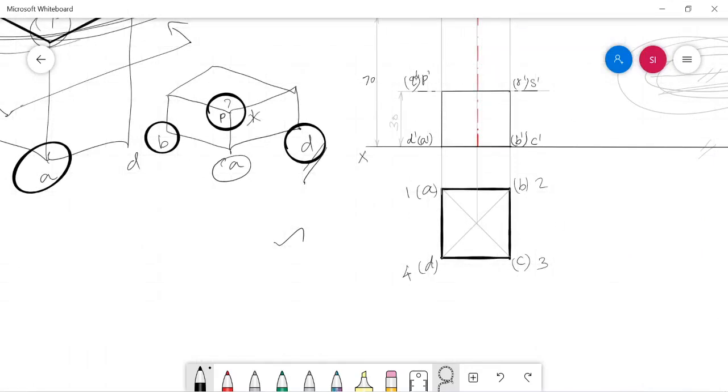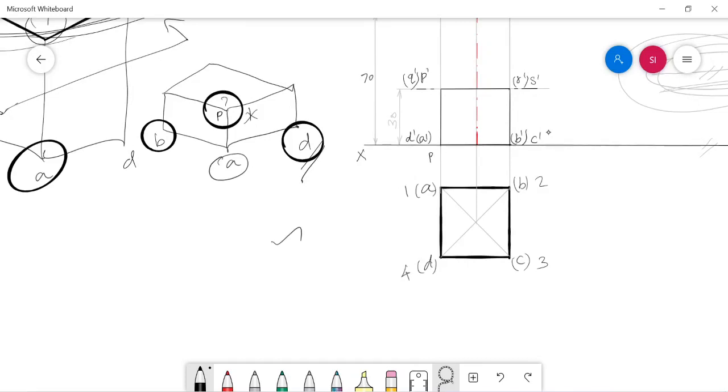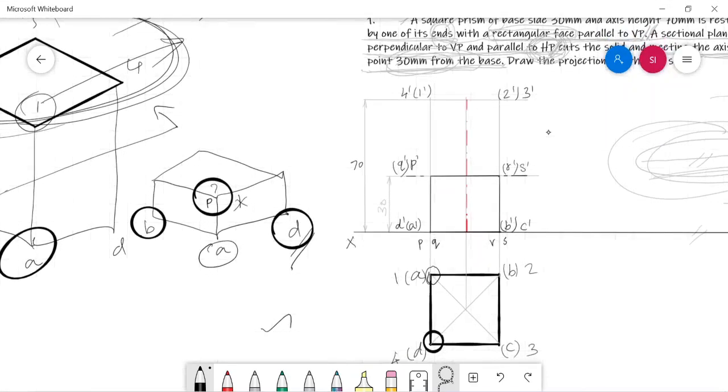Now let me project the points P dash and Q dash. The projector is already available. This projector is holding the points P and Q, and that projector is holding the points R and S. Now, this projector has to drop one cut point here and another cut point there. Where P can drop, where Q can drop, first we have to decide. See here, based on the bracket, we need to decide that.